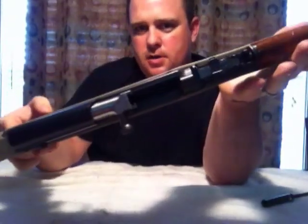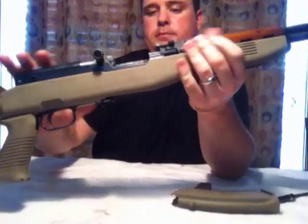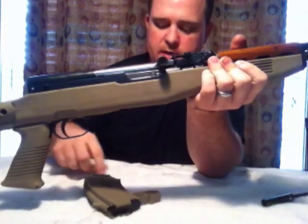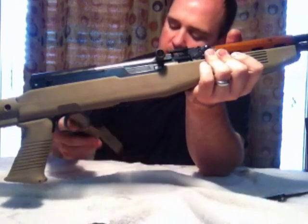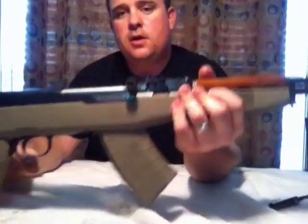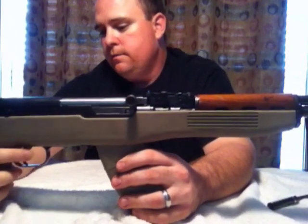Bolt catch. You can see. Drop your mag. Drop your bolt. You'll see in one of my other videos I actually show me shooting this gun at the range, and you'll be able to see where I insert the magazine loaded, rack the slide, and you know,